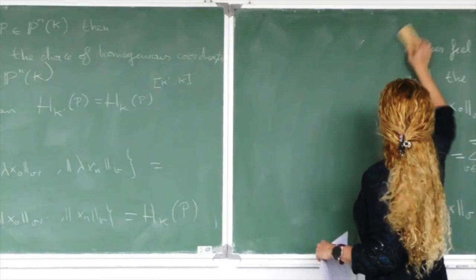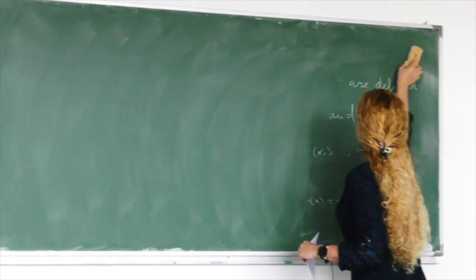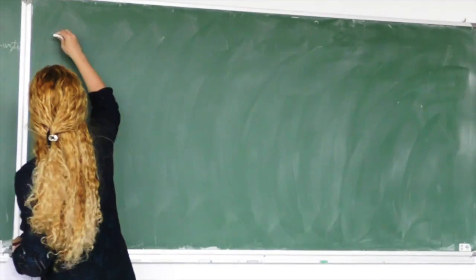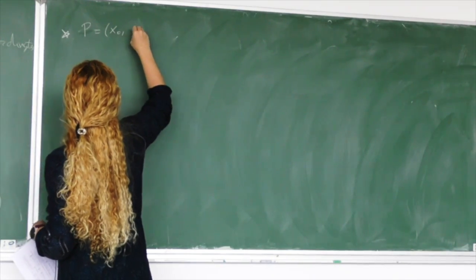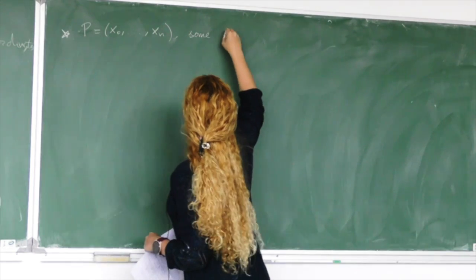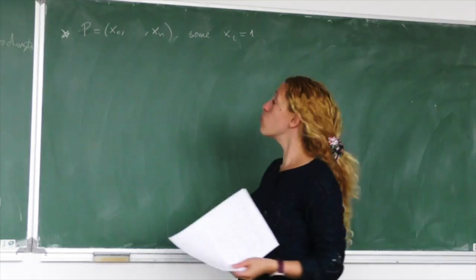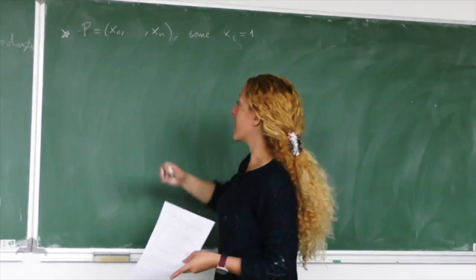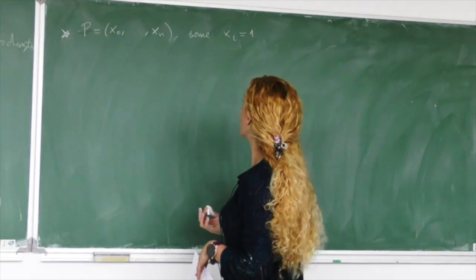The second one is very easy now that we proved the first one. Why? Because we can take P, for the second one, with coordinates in such a way that some xi is equal to 1. Right? This I can do. The only thing that I have to do is just divide. For instance, imagine that x0 is different from 0. So I can just divide everything by x0. And then I'm going to get the first coordinate equal to 1.